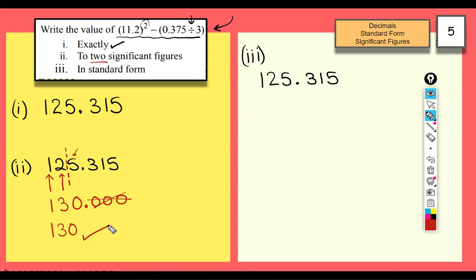For part 3, this one is pretty easy. The number has to be in between 1 and 10. 125 is clearly more than 10. It has to jump how much? 1, 2. So it falls in between the 1 and the 2. So you get